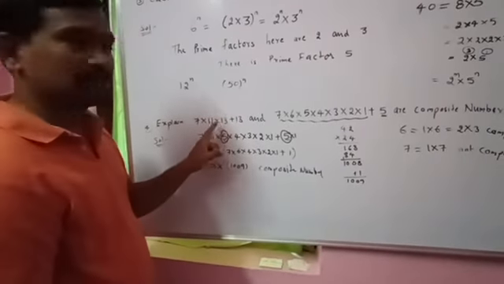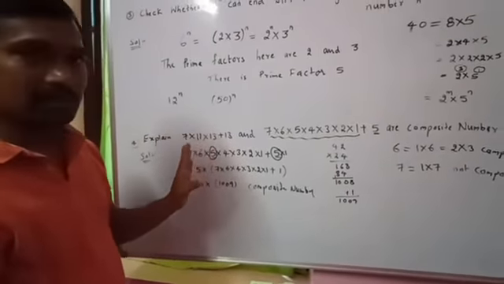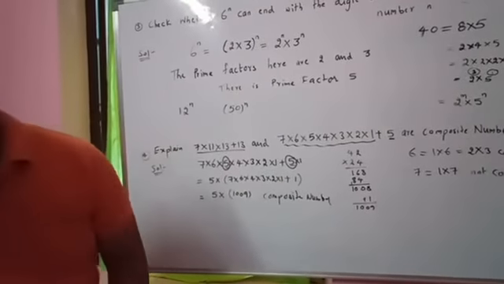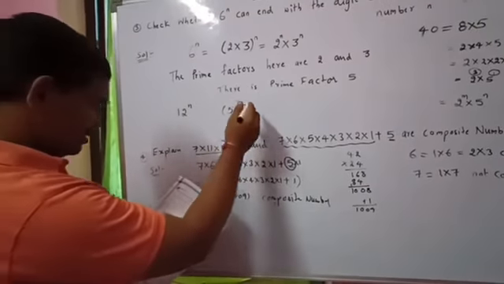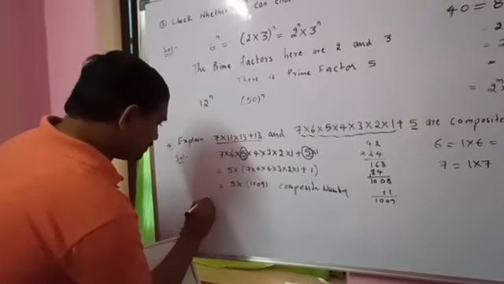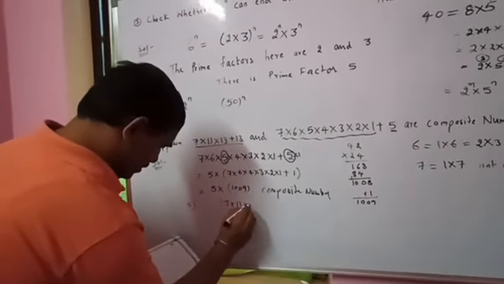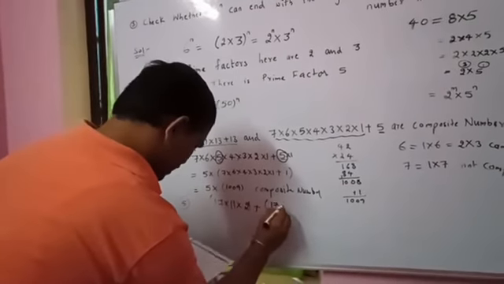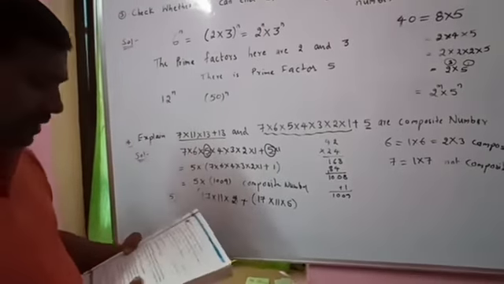You have to check this. Okay now, is this composite or not? You can do it easily. Okay, you do this one and another one. For this, do the fifth problem: 17 into 11 into 2 plus 17 into 11 into 5 is a composite number.